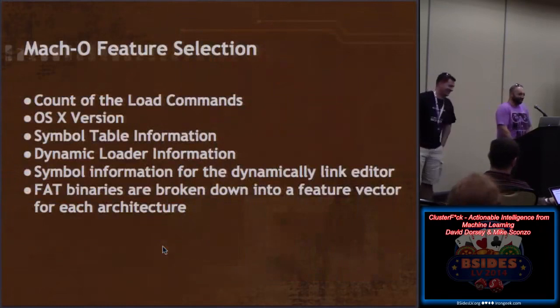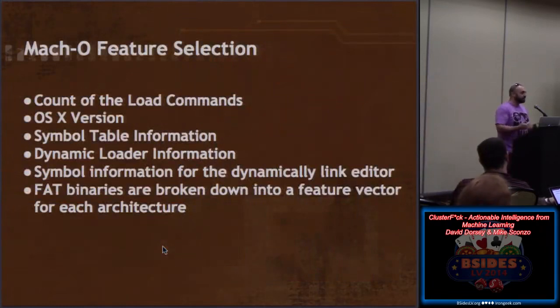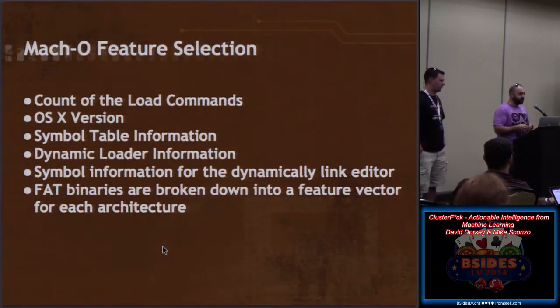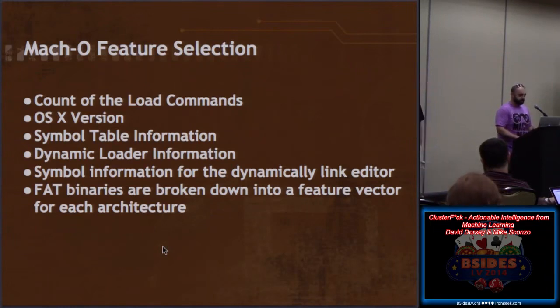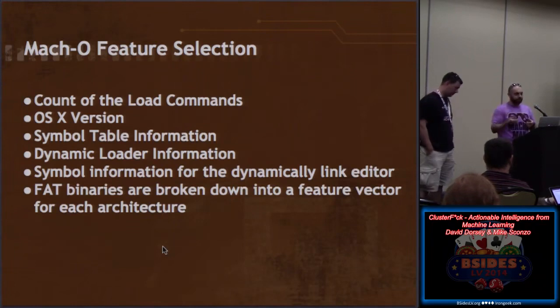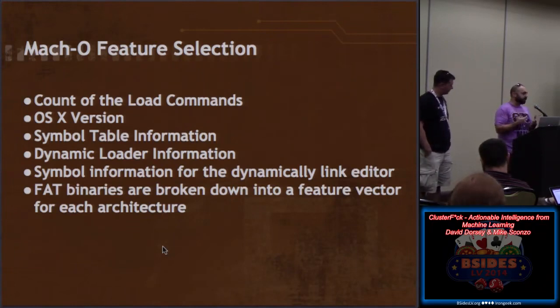So when we talk about features, what it really means is various static attributes of these files. We used MachoLib. It's in Python. It's a really nice Mach-O library. So we picked out a handful of features. The number of load commands, I don't know, is anybody terribly familiar with the Mach-O format? It's actually really nice. It's way better than PE. It makes sense. It's divided up into load commands, and these load commands are basically sections, and these sections do various things like, hey, load these libraries, or hey, this is the minimum version of OS X that I require to run. So we took the count and then also enumerated those.